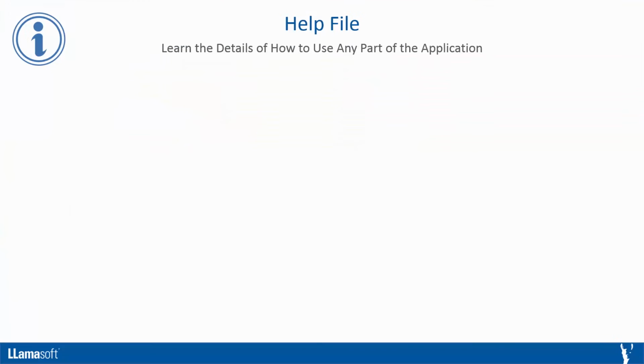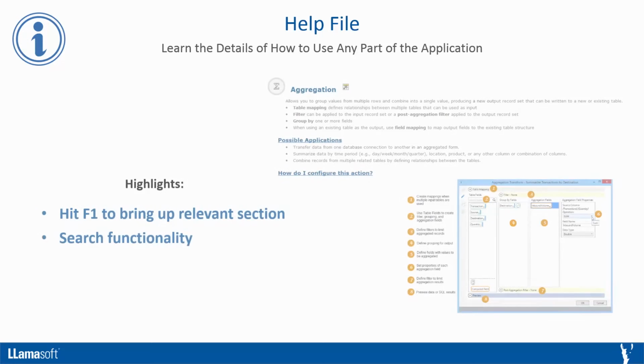facilities. The final resource included in DataGuru is the help file. The help file provides the details about how to use any part of the application. For example, in the help file, we can find step-by-step instructions on how to configure an action or connect to a new data source. Wherever you are in the application, press F1 to bring up the relevant section of the help file. Along with pressing F1, the help file also includes search functionality to find documentation on any specific feature